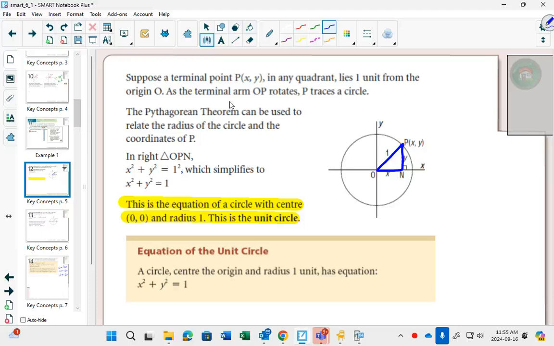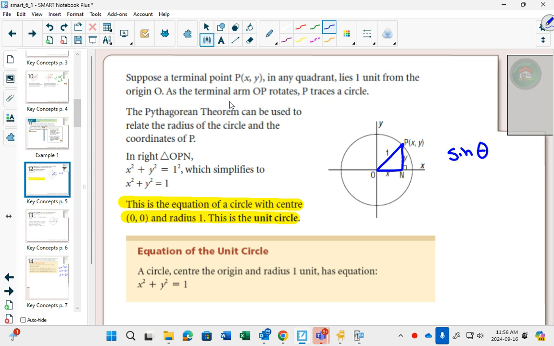The top of this right-angled triangle will be the same as my y-coordinate. So if I make a triangle, this part will always be my x point, this part will always be my y point. And if I do SOHCAHTOA, and I have that reference angle there,